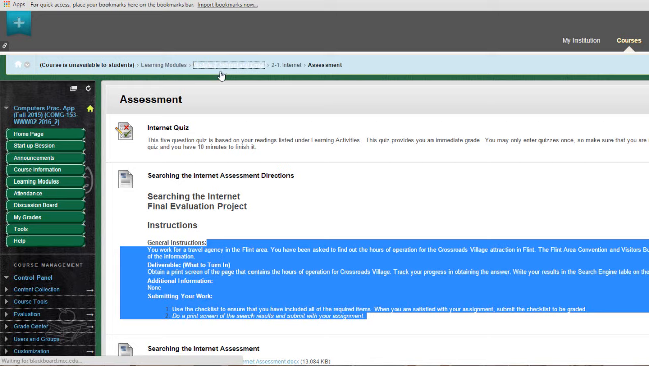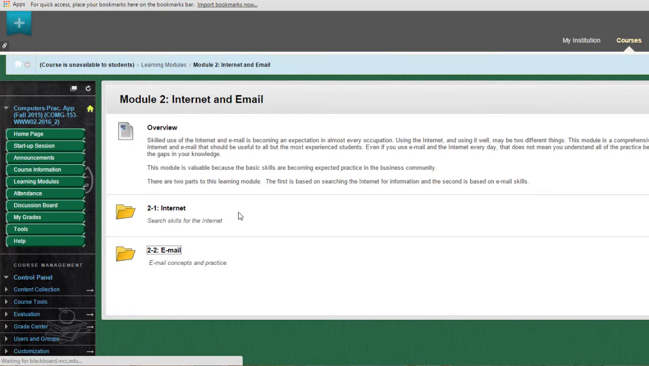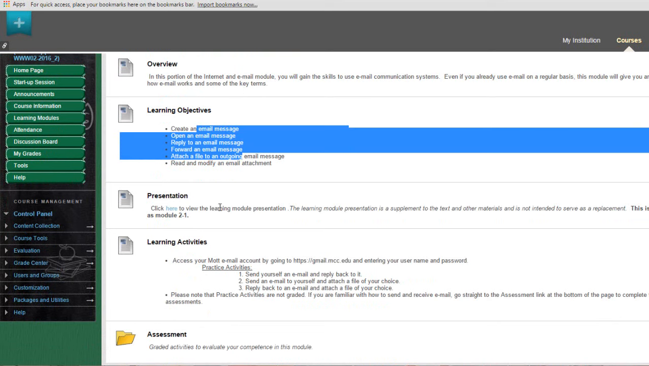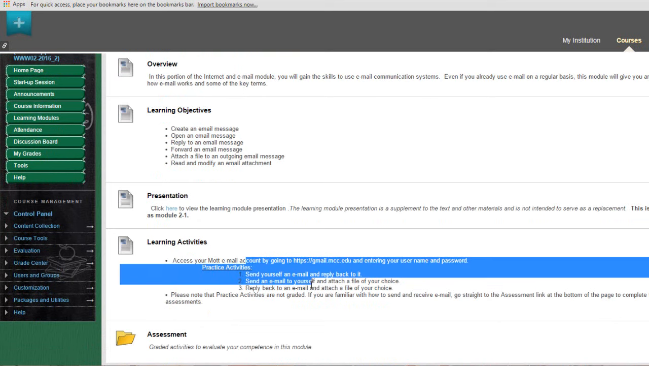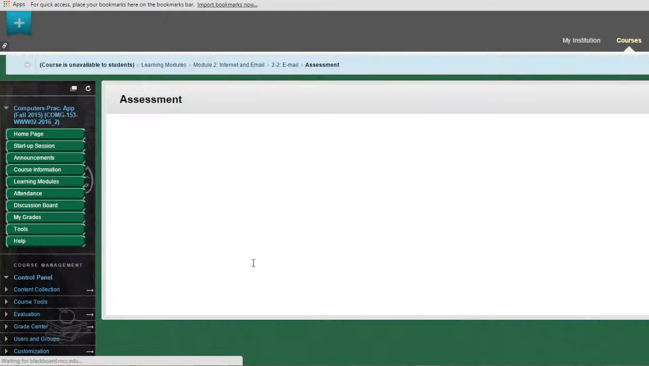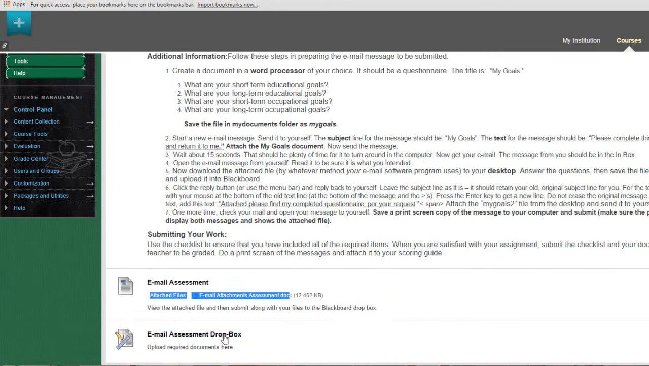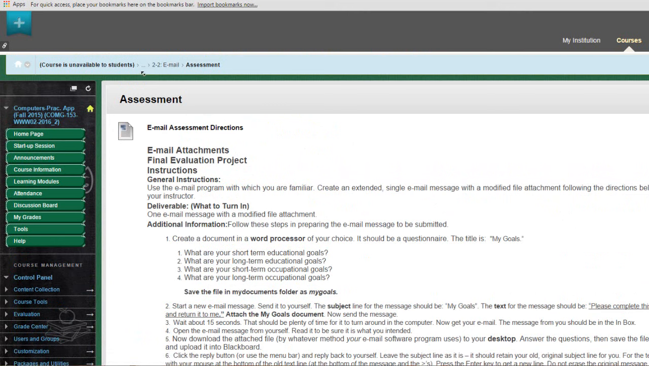If we go back to module 2, same thing. You go to email, and it tells you what you have to do: overview, learning objectives, presentation, then learning module, then assessment. Then you have the instructions, what you have to do, checklist, Dropbox. You go to